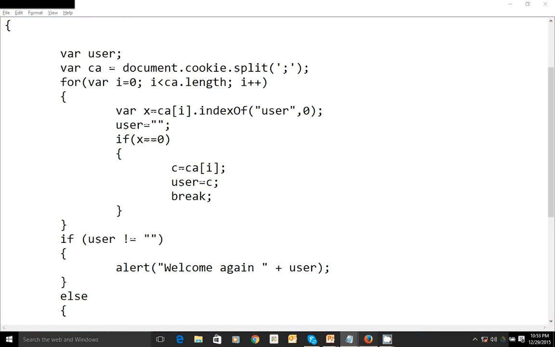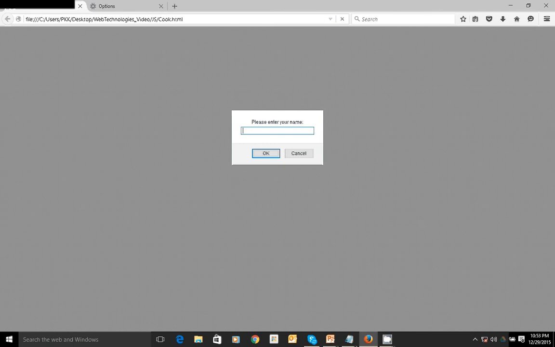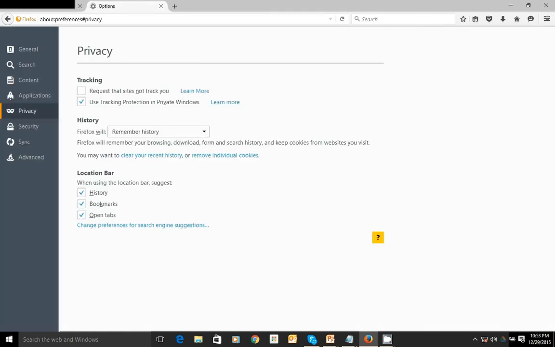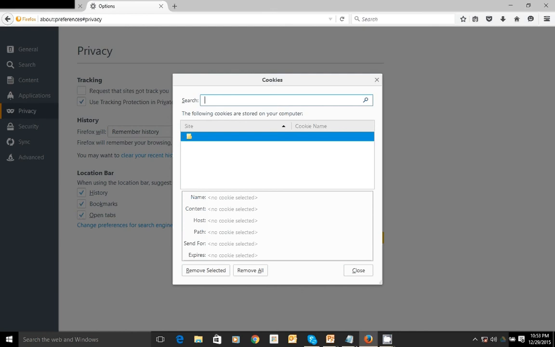Let's see. Here I opened this file and just clicked on this. The first time I entered, that's why it asked me to enter my name. When I refresh, it says welcome again, user Kiran. This information is usually stored in the browser. Within the browser privacy settings, there is an option called remove individual cookies.